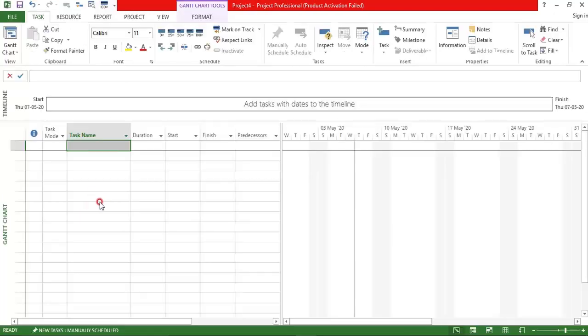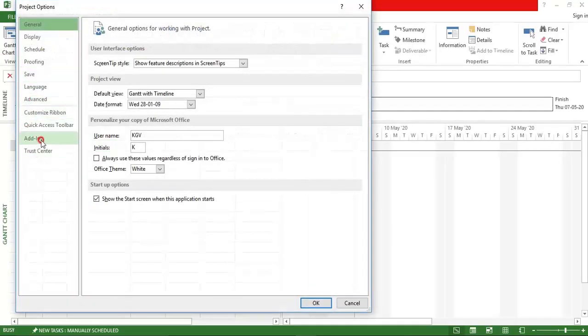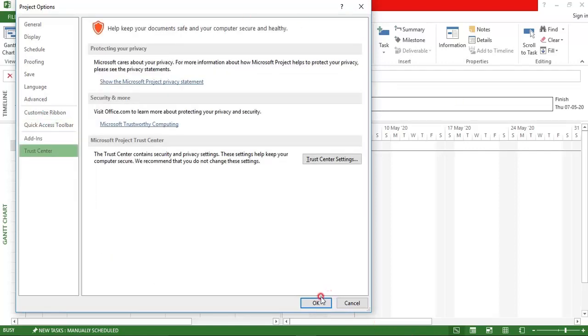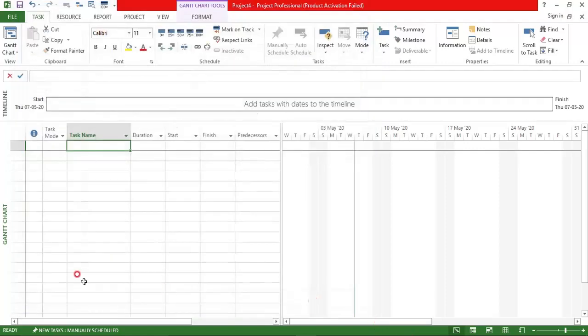So we have completed almost all the important options that are required for you to start the project. This was a small introduction to MS Project 2013. The software version that I'm using is 2013. Even if you have installed 2010 or 2016, that is not a problem, because there are not many changes in the icons and commands. So just go through and practice on your own laptop.